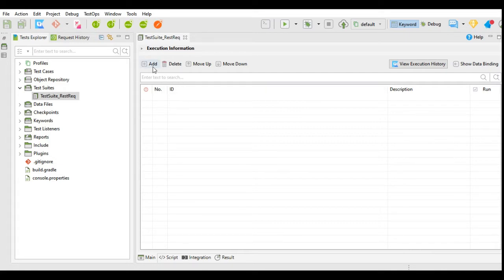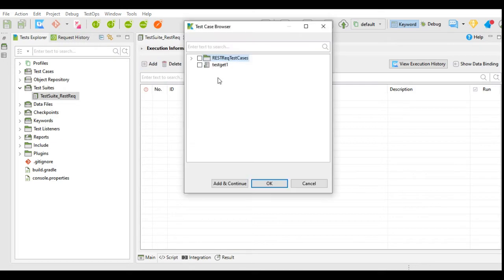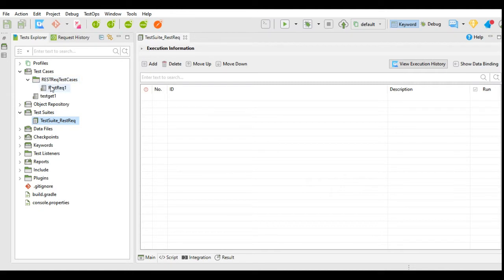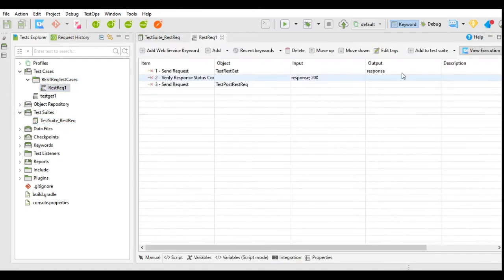Now you can add the test case by clicking this add button and selecting the test case from the existing test cases, or you can go to the test case, open the test case, and you can add the test case from here, add to test suite. By clicking this arrow, I get two options, add to new test suite and add to existing test suite.